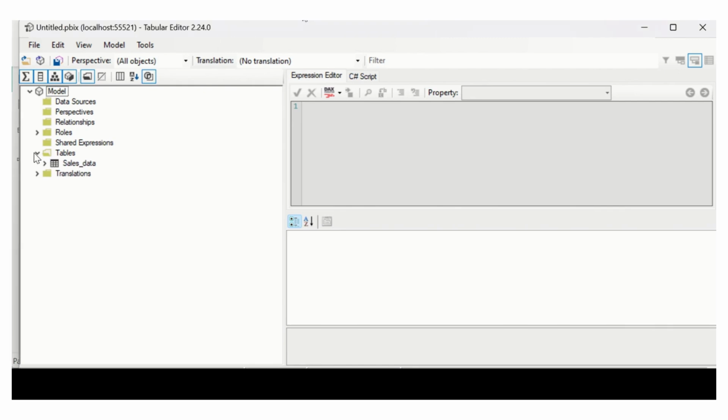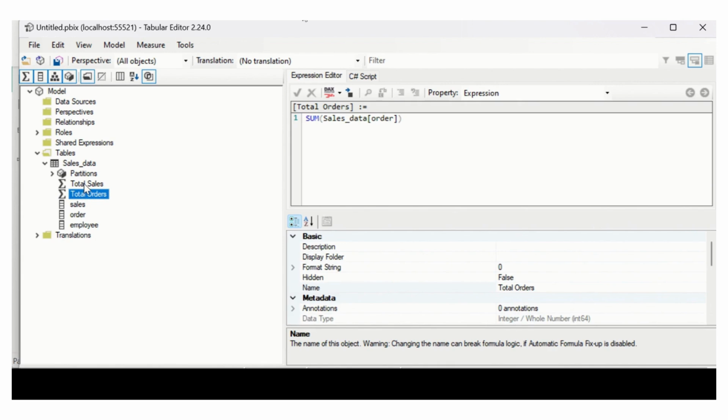Tabular Editor. You can see that I have this table present over here, that is sales data, which contains my columns sales, order and employees, and total sales and total orders are the measures that I have created. You can go to these tables as well and explore this. And I have these two measures. It does not have an object level security option over here.